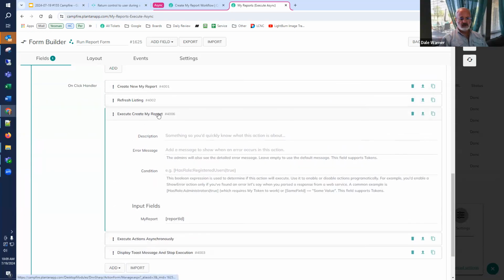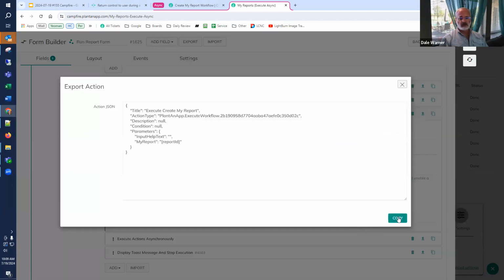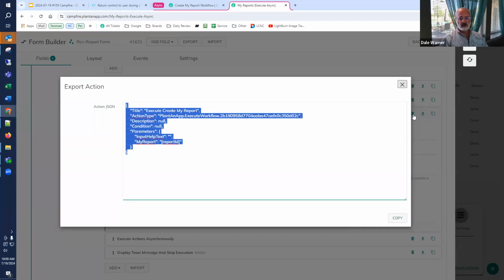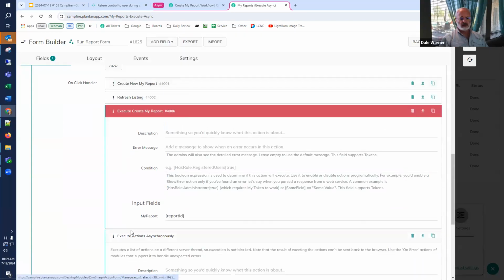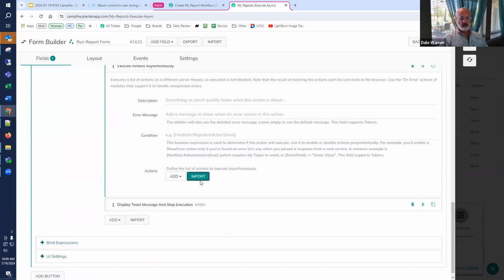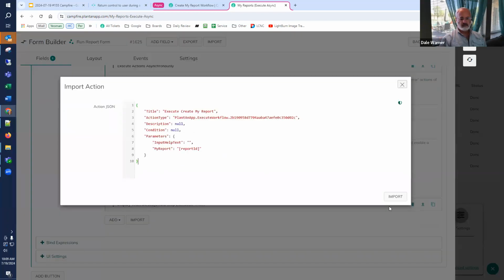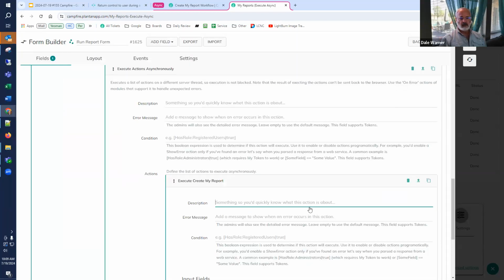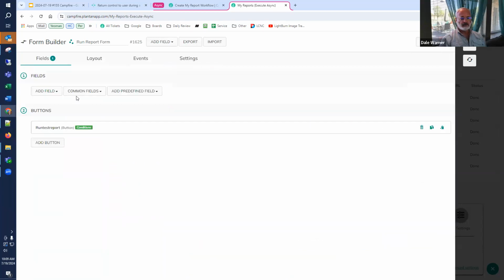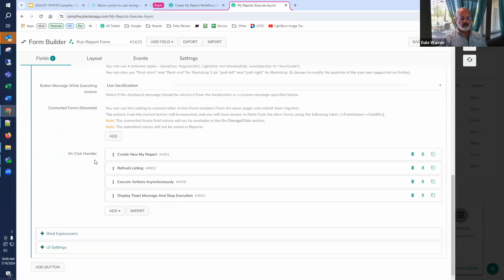We can take this thing and put it inside of an execute asynchronously. So I will export the action and delete it, and instead import it here. And save.